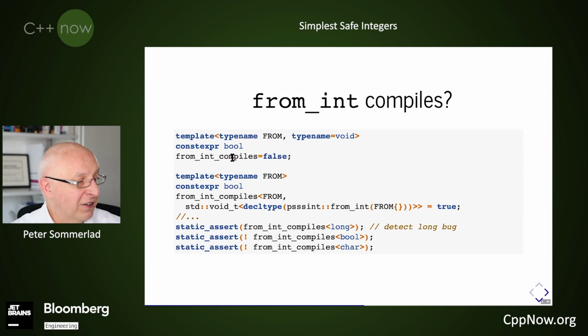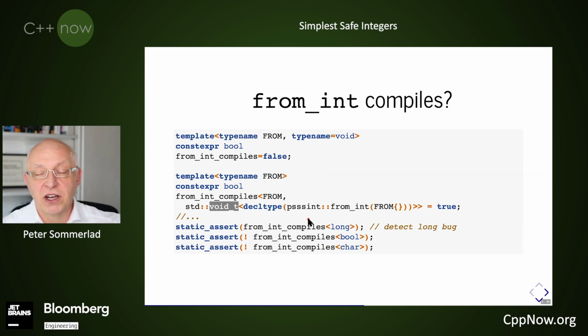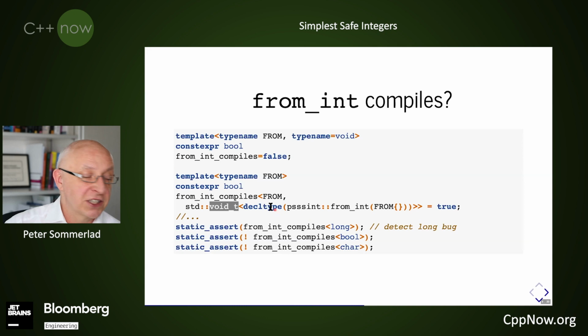We define a corresponding trait from int compiles, which is in general false. And we have that extra template parameter that we then use for the specialization, where you use the standard void_t, which is available in C++17 for implementing the detection idiom.